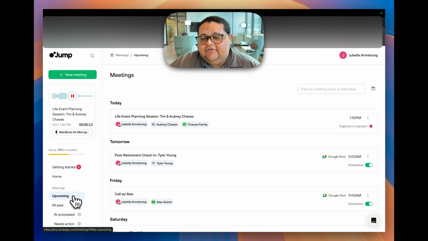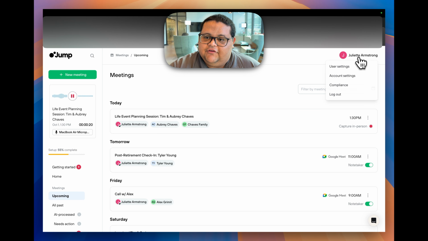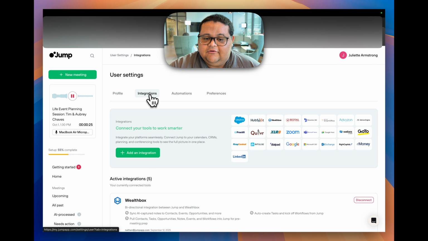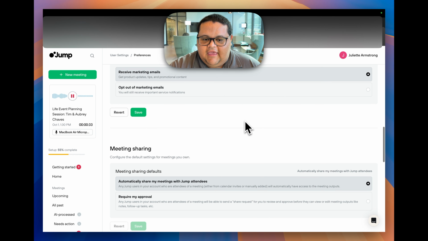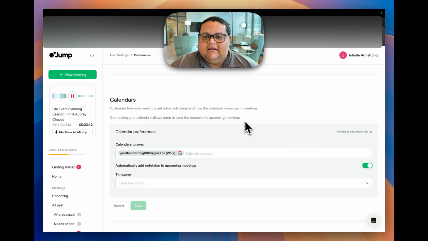portal. Now, to do this, you will need to make sure you're integrated with whatever system is housing your events. So make sure the full user goes to their user settings and visits the integrations page. The next step is to have the full user go to their preferences tab and then locate the calendar section here. Any meetings that are showing up in your upcoming tab are directly connected to what a full user has